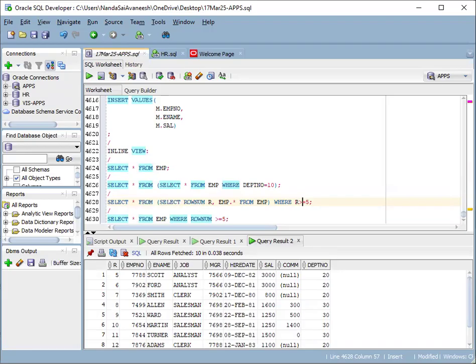That means in the inline view, you can use the row number. Here, this is the alias name I am using. If you see this, it is the column alias name. That column alias name you cannot use in the normal query where clause,